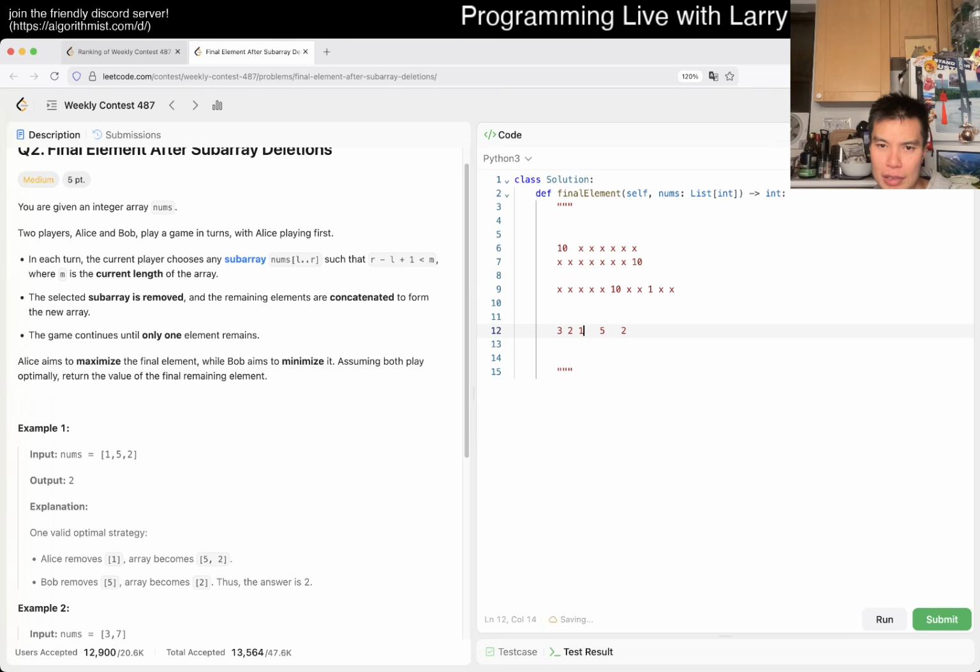Right, like, okay, so I take the 1, and now what? What would Bob do? Has to take the 5, and then Alice takes the 2 2s, right? But if Bob does not take the 5, someone like this, Alice still wins. Someone like this, then it's still 3 anyway. Not win, but